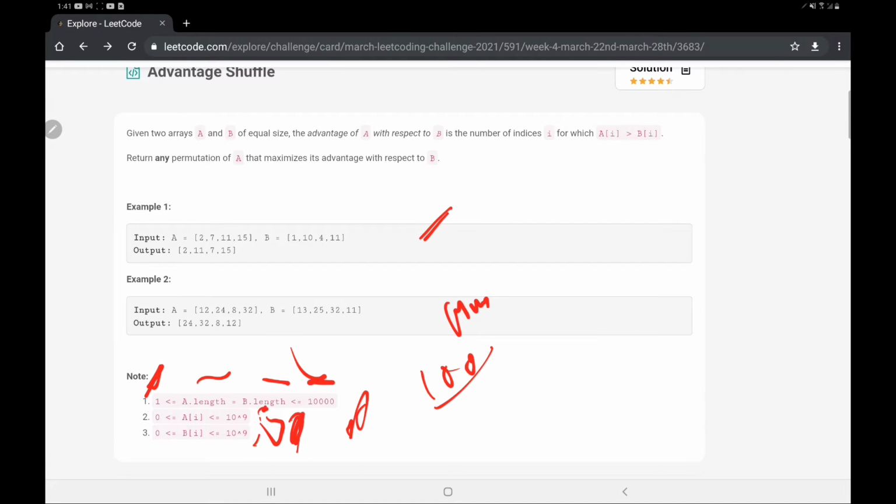These are basic tips and tricks that, when we read the question, help us figure out the approach. Had it been 100 or 200, we would have thought of hashing, but here the numbers go up to 10 to the power 9, so we can't use hashing. Let's see what approach we will use for this question.